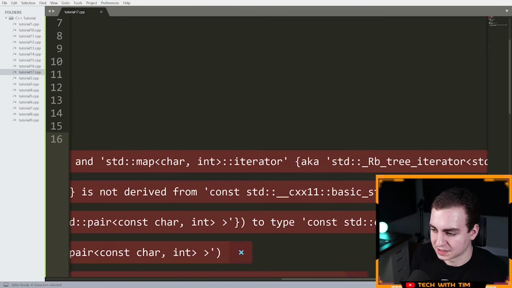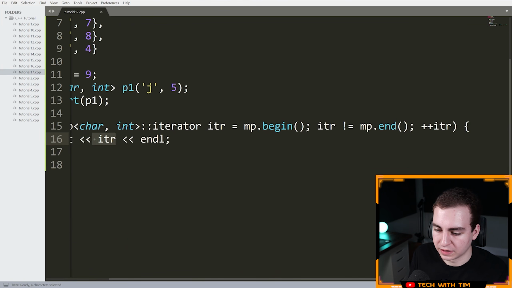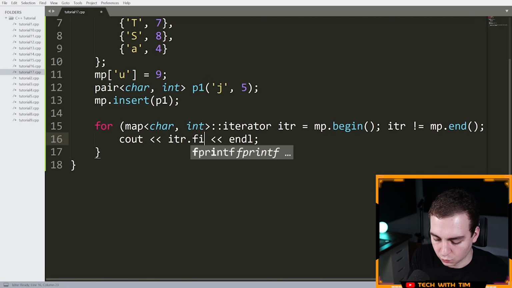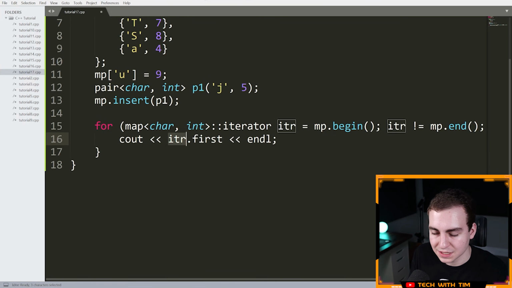The reason it doesn't work is because this is a pointer to an object. And even if this was the object itself, we can't just print out a pair. We need to print out either the first element or the second element. So my whole point of showing you this is that itr is giving you a pointer. If you want to actually access the first element or the second element, what you need to do is first dereference itr,